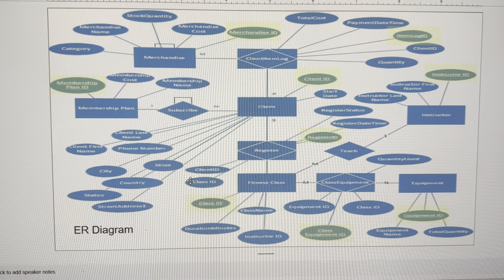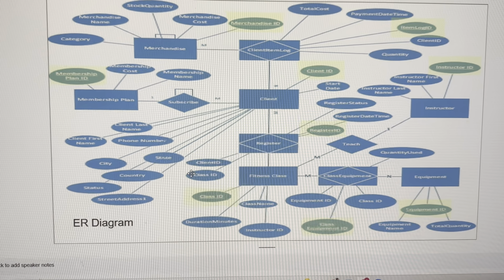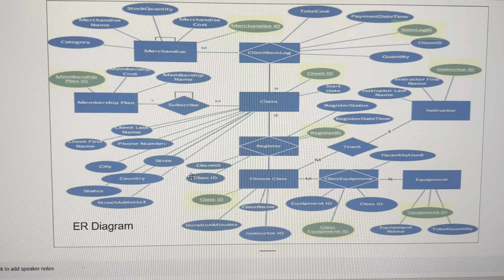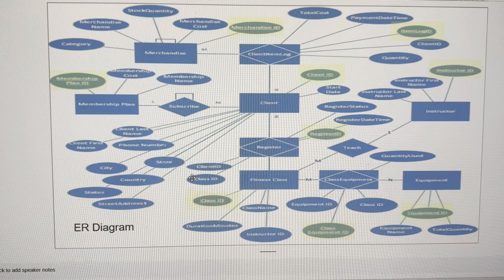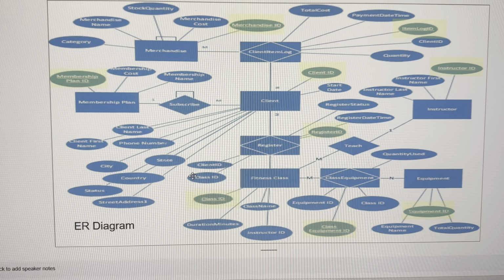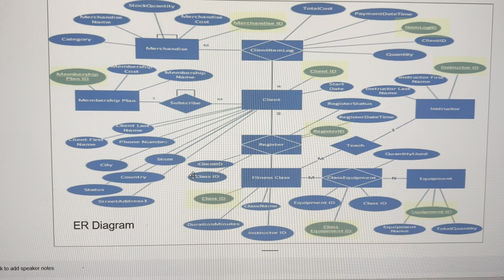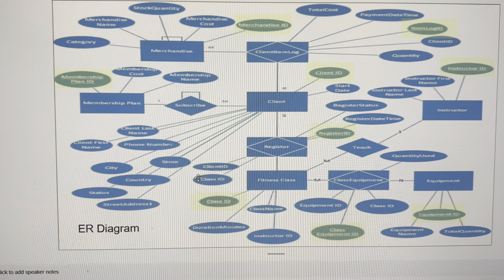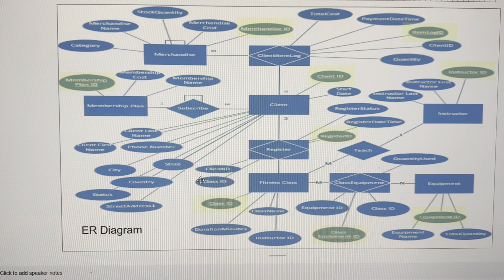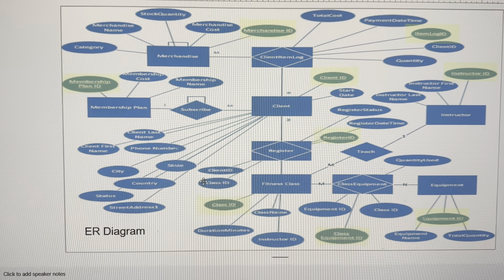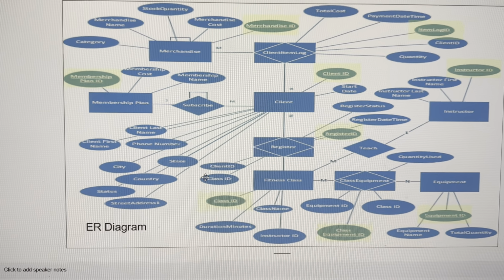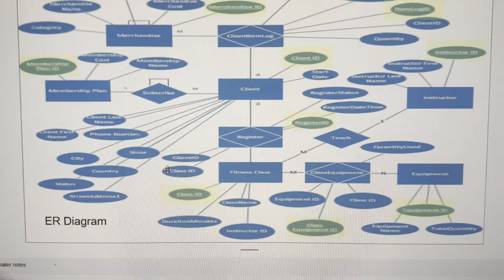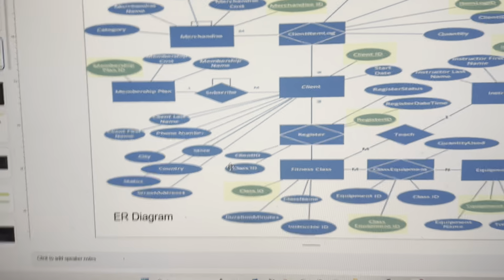Now, the reason that was an issue was because Chen's notation already shows all the relationships between different entities and attributes. So when we have those relationships already shown to us and add foreign key attributes to those entities, it's just re-describing the relationships that we already established between the entities. So for example, if we look at the fitness class at the very bottom,